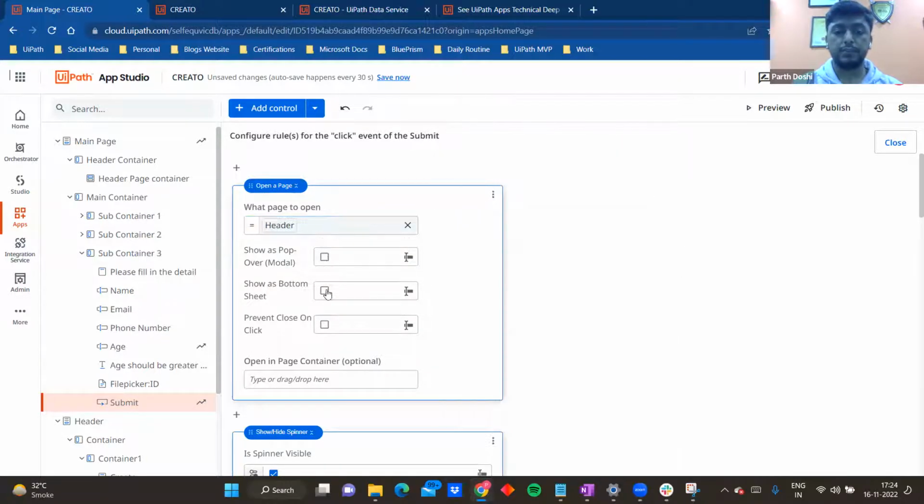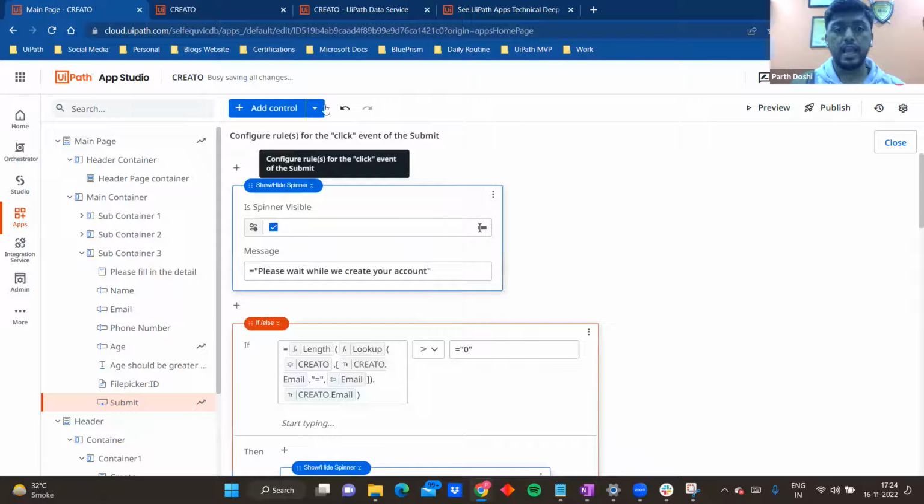If you want to show it as a pop-up, show it as bottom, prevent close on click, whatever you want to do, open in page container, you can use the open page property, and I think then you should be good. I hope this answers your question, Bala Nirmal, and I think Dilip already answered the question in the chat as well. Okay. So now,